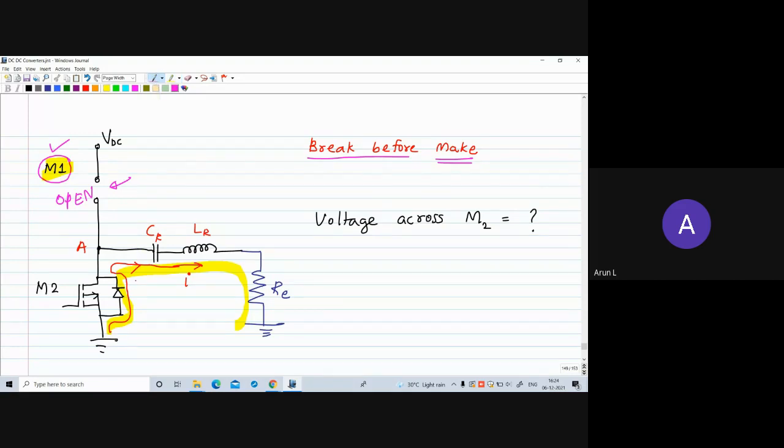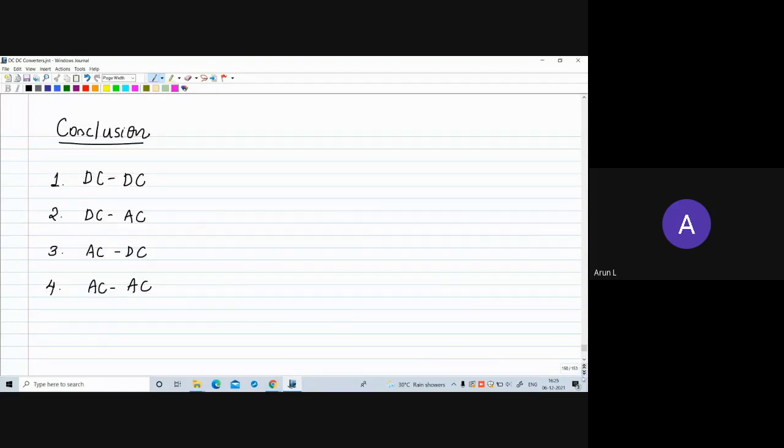And what is the advantage of that? When this diode is forced to turn on, the on-state voltage drop across the diode is around 0.6 volt or close to 0. And immediately we will turn on M2. So now M2 is turned on. But what is the advantage? Now M2 is turned on with 0 voltage across it or 0.6 volt across it. So at the moment when M2 is turned on, it sees only 0 voltage or 0.6 volt, very small voltage across it. So it gets zero voltage switching, ZVS, turn on. So power loss will be less. There are a lot of topologies to achieve this type of resonant operation that you can go through.